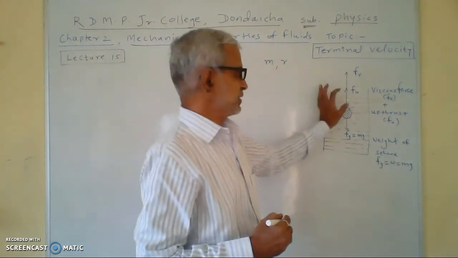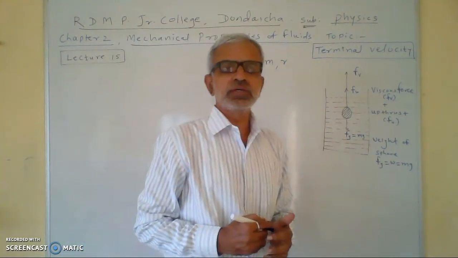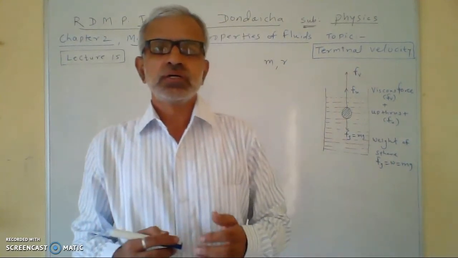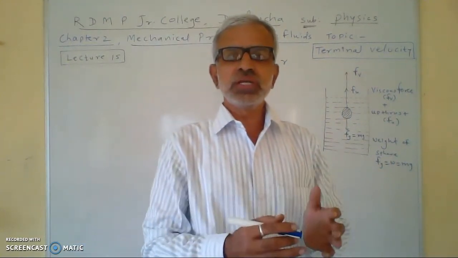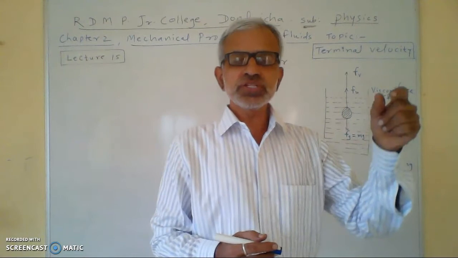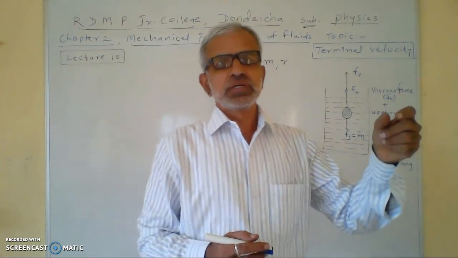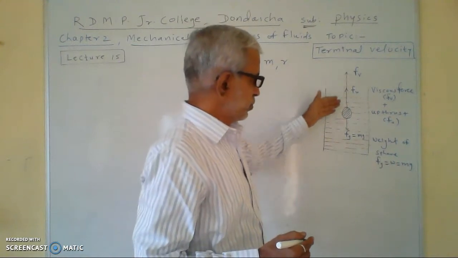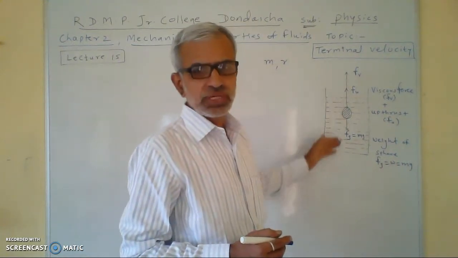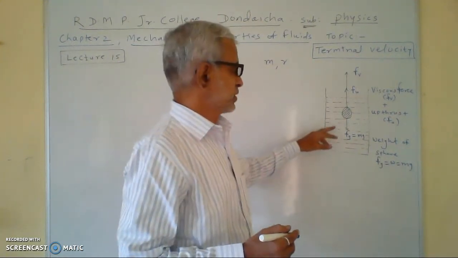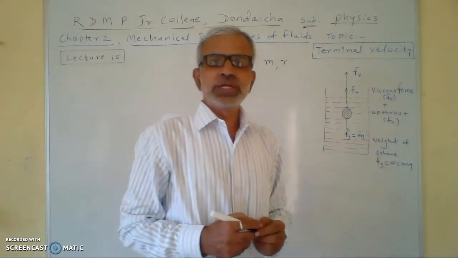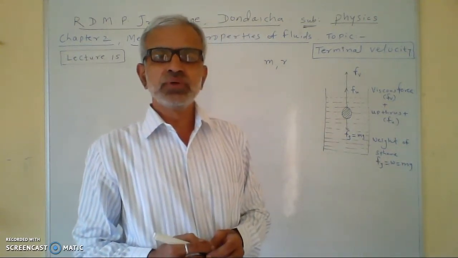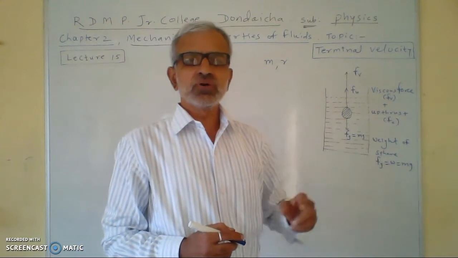This is a viscous liquid, just like oil. If the sphere is kept in the oil, the sphere will move down. So consider a sphere of radius r and mass m, falling down in the viscous